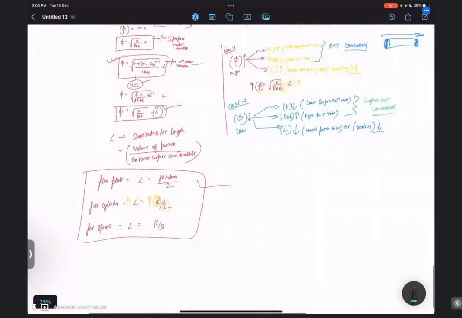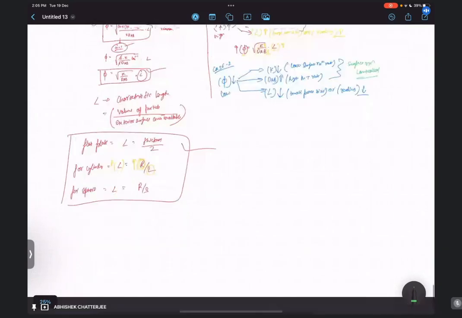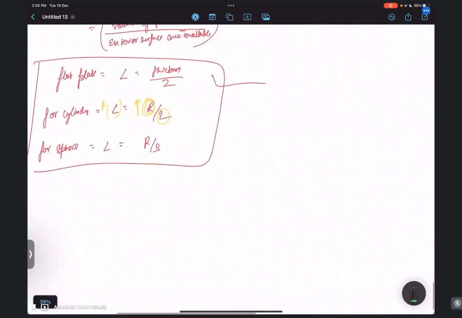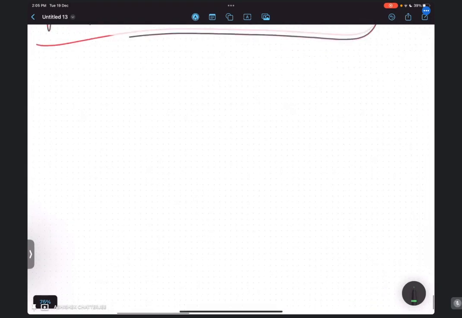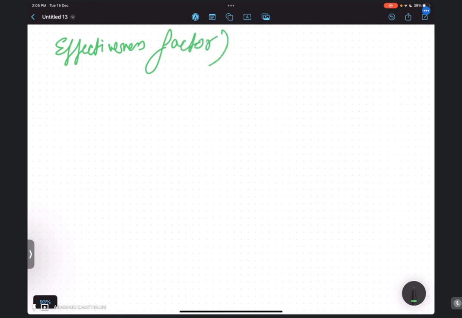यहाँ तक बताओ क्लियर है कि नहीं? ठीक है, अगर यहाँ तक क्लियर है तो इसके बाद जो कंसेप्ट आता है, उसको हम लोग कहते हैं इफेक्टिवनेस फैक्टर। ठीक ना? इफेक्टिवनेस फैक्टर क्या होता है, थोड़ा समझते हैं। चलो, इफेक्टिवनेस फैक्टर,